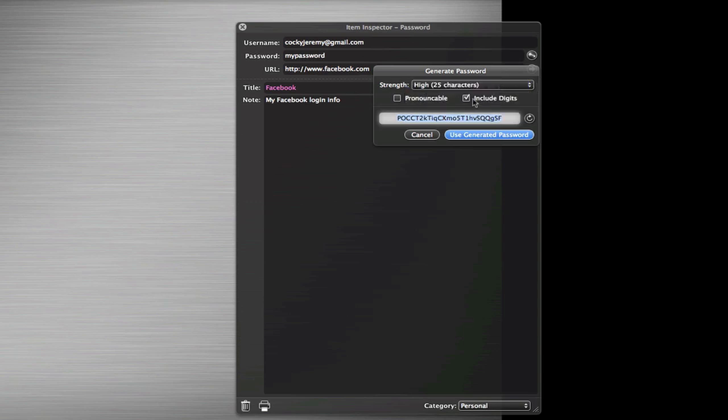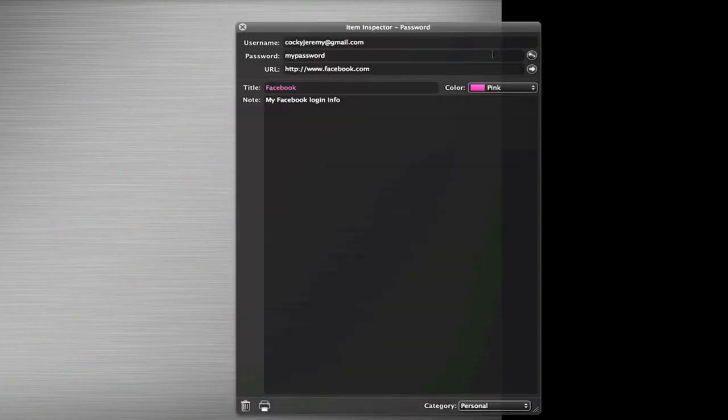You can have it include digits, or you can make it pronounceable. Then you can use that if you want, or you can regenerate over here. Once you have that set up, you can fill in the information, the URL to log in, set your title, your notes, you can set your color, your category, and then you can go up here and actually click on